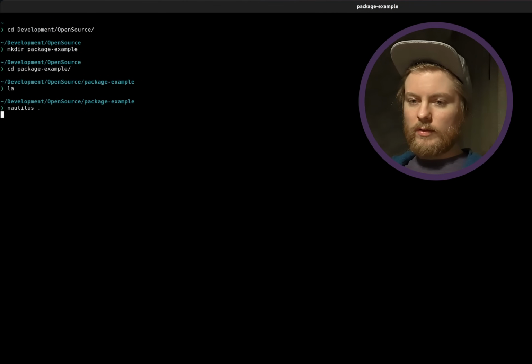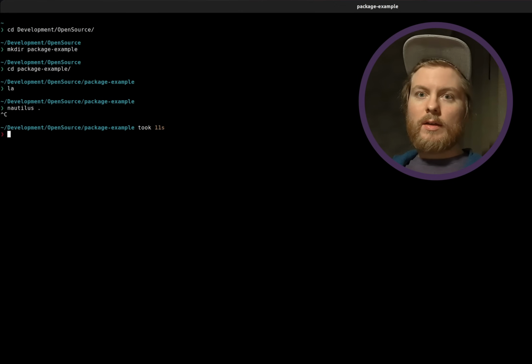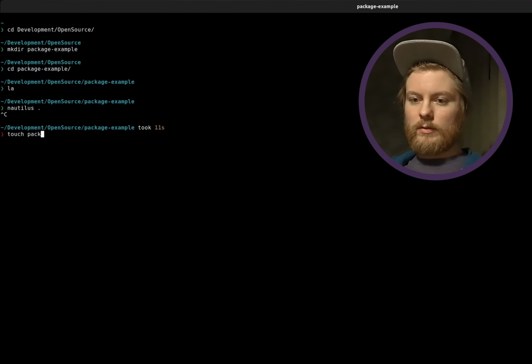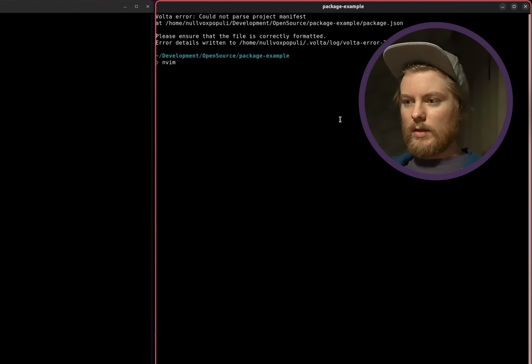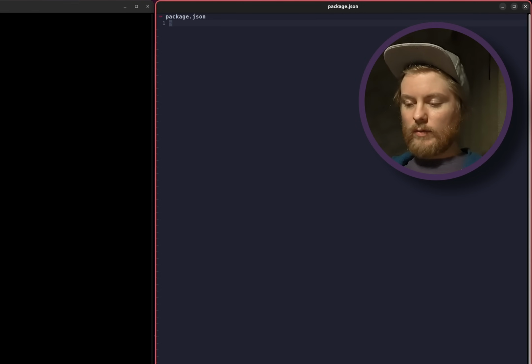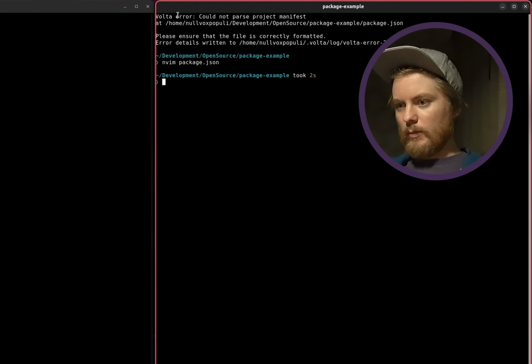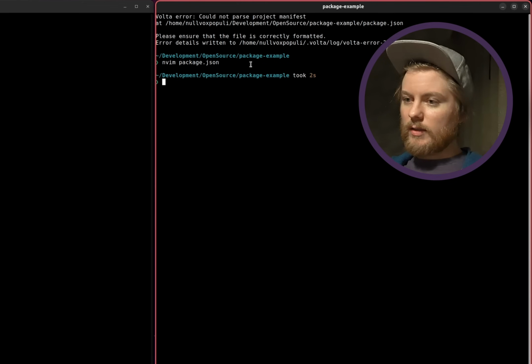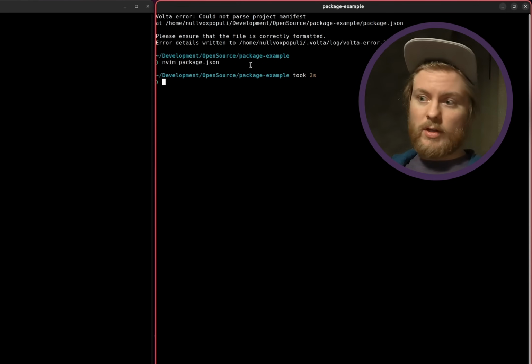Now all we need to do to make this an npm package is to make a package.json file. To do that, we're going to use the touch command, do package.json, and then we can edit that package.json. Right now it's empty. I don't know if you saw, but I have some tooling in here that reads package.jsons and it errors. If you run into something like that, maybe you're on a machine that you've already set up for JavaScript, ignore the error. So, opening the package.json, we want to make this JSON,